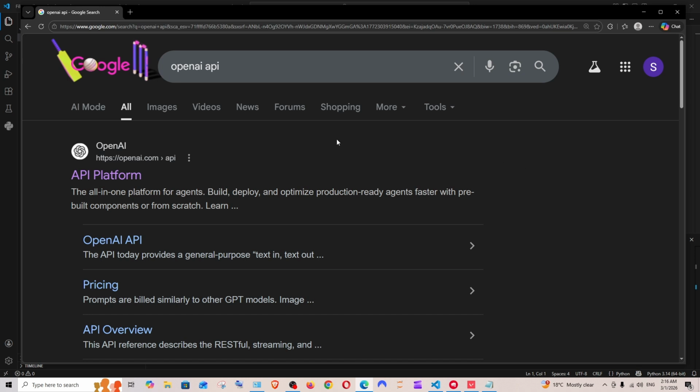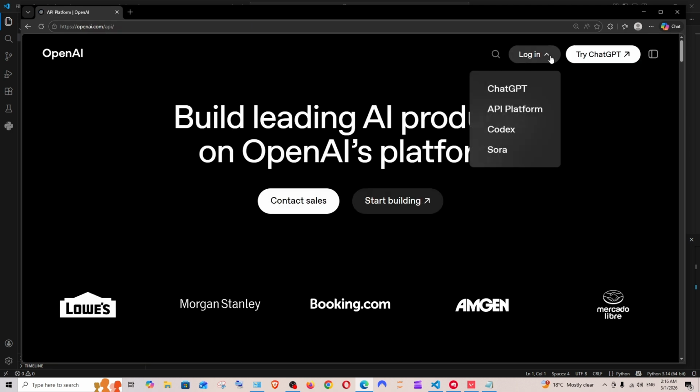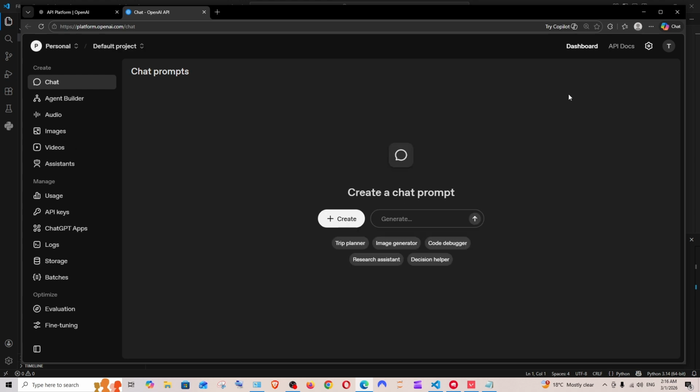First thing, just Google OpenAI API. We'll be having the first link, API platform. Click it, and here we'll be having login. Hover over it and select API platform. So we'll be taken to the dashboard. Just click on API docs,